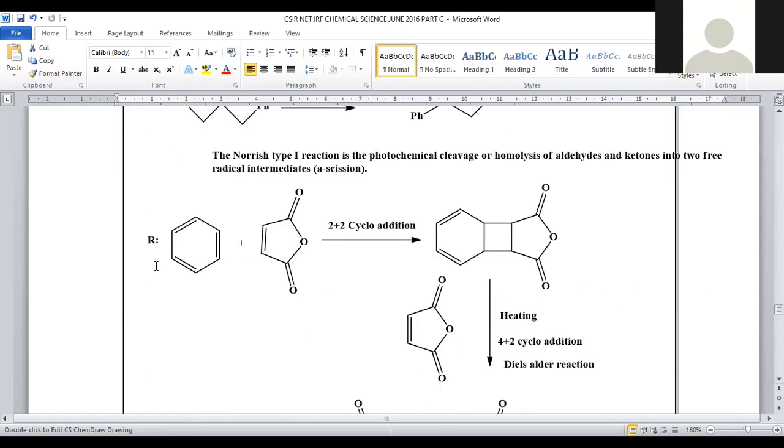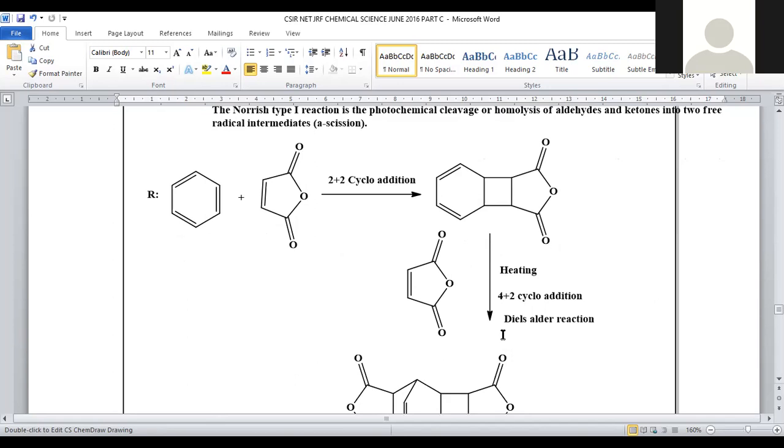Let us move on to the next option. Benzene treated with maleic anhydride, right? Maleic anhydride has one double bond, and here also we have one double bond. So this benzene system is involved in a 2-pi addition. These two electrons will participate in the ring cyclization reaction. This pi bond moves towards this side, this pi bond is shifted, so that a new four-membered ring originates. This is a kind of 2+2 cycloaddition reaction, electrocyclization we can say, right?